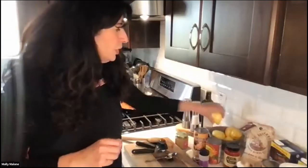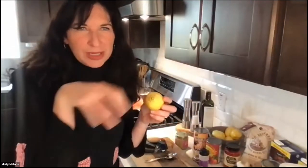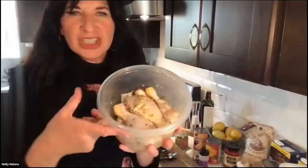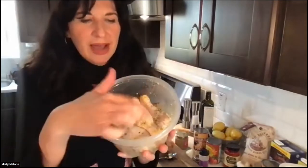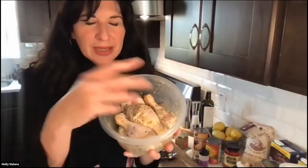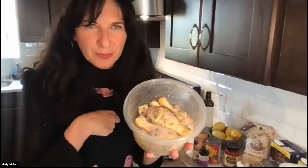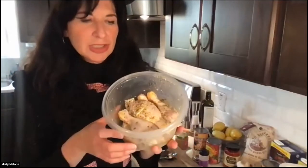Right now we're gonna add, if you're doing the meat version with me and you have chicken, the marinated chicken drumsticks if you did marinate. If you didn't, this would be a good time to maybe get some lemon juice and sprinkle it around, but mine is marinated. I put it in just for like an hour before class. I have it in some olive oil, some lemon, some salt and pepper, some thyme and oregano, just the same spices we have in the paella. So I'm actually going to add